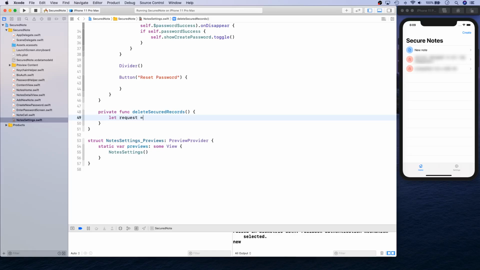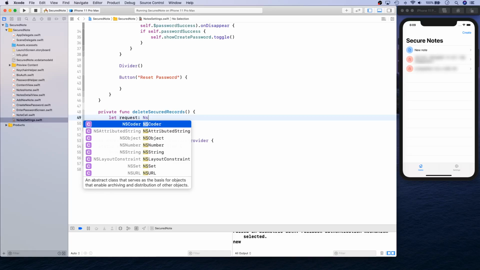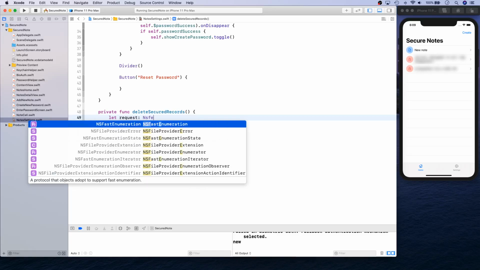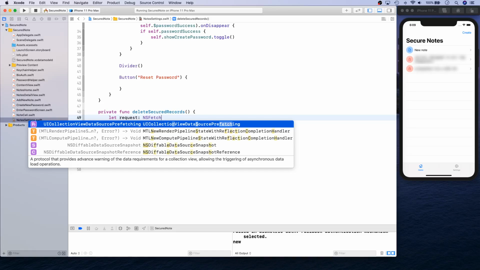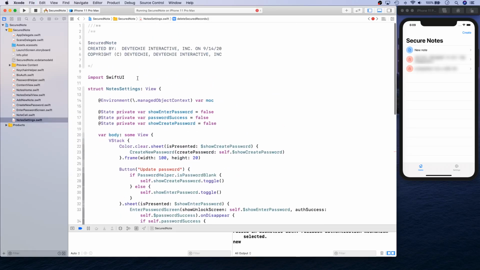So we're gonna basically create an option to nuke everything and then put the new notes back and create a blank slate for whoever is doing that delete option, whoever is doing that reset option, so they don't see the previous screens, see the previous notes. Okay, we're gonna create an NSFetchRequest here, and as you can see it's not being pulled up